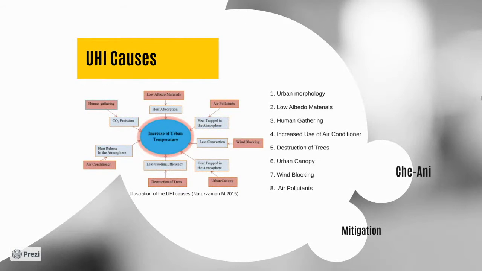There are several factors of the urban heat island phenomenon and density as illustrated. The usage of low albedo materials, lack of vegetation and trees, the existence of high-rise buildings close to each other will trap the heat, which will cause the urban canopy layer. In addition to that, the heat is trapped in the dense urban areas due to the reduction in the wind velocity, which refers to the wind blocking.